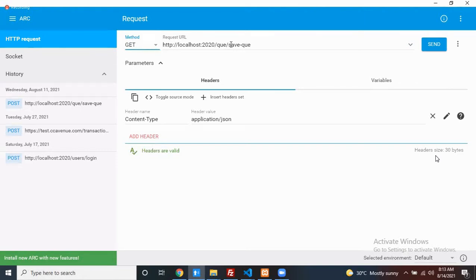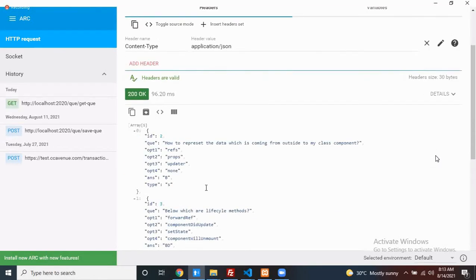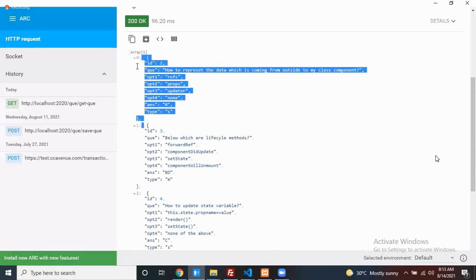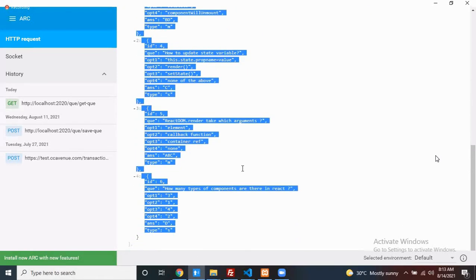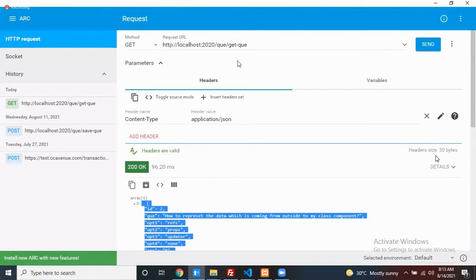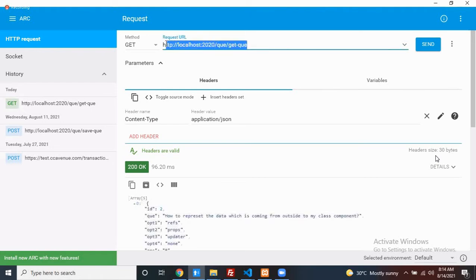Here you can simply write the GET question URL. Now at the time of clicking the send button, see this, all the data inside that particular table, you get this data. As a server side guy, you can confirm that yes, my endpoint is working as expected. If my endpoint is working as expected, then you can send this URL and method to my client, and you can ask the